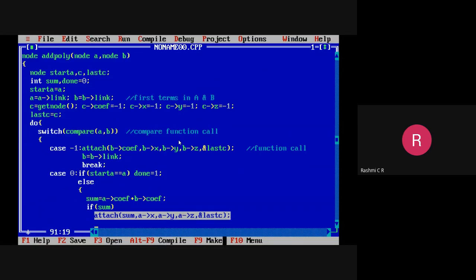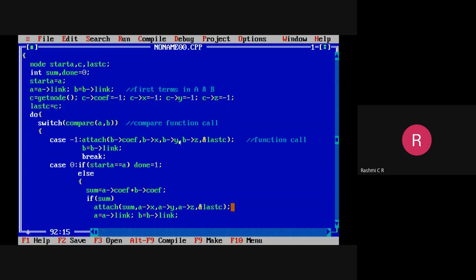We have to continue from the next term in the polynomial. One of the terms has been added, we have to move to the next term. How do we move? By its link part. A's term is added and also B's term is added. Now we are moving to the next node in the linked list. So this is how we can move to the next link.